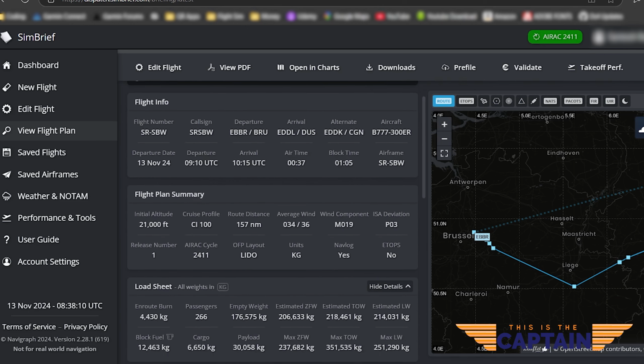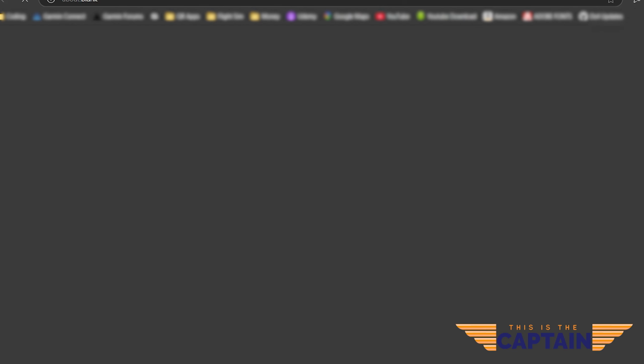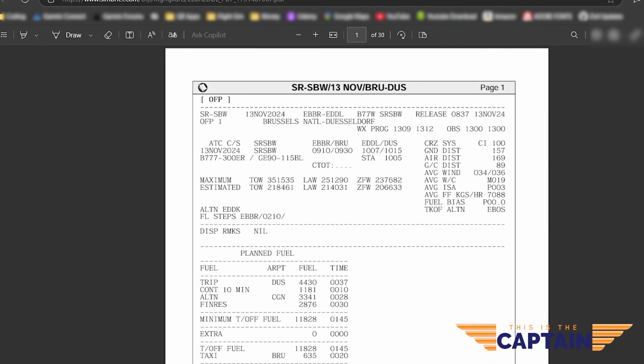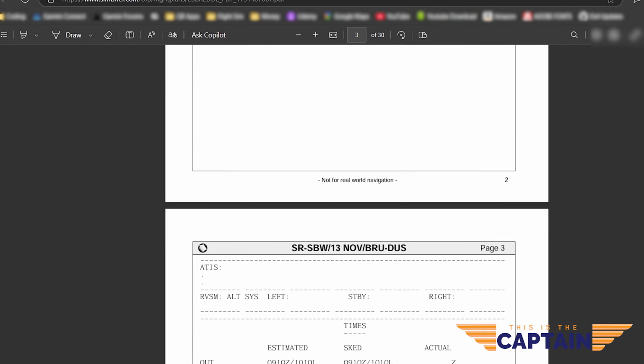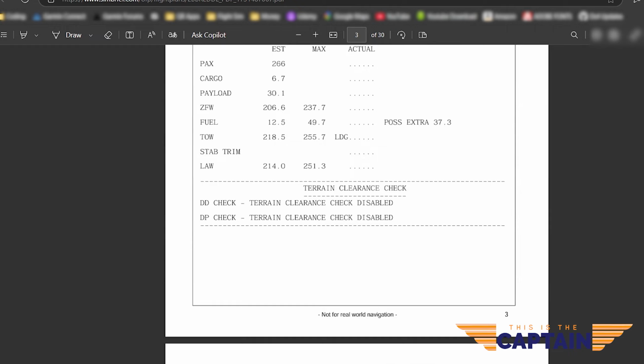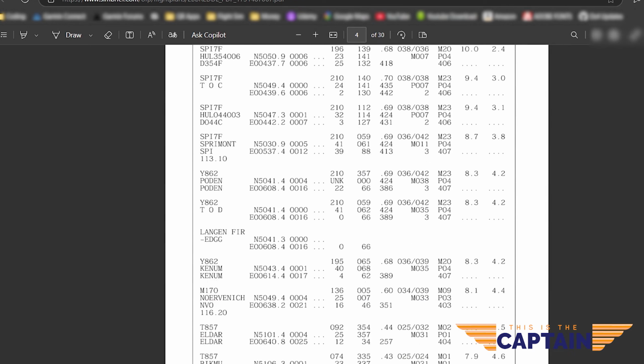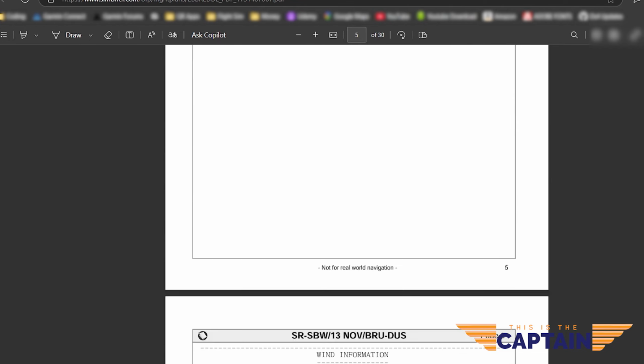Takeoff alternate is selected as well. Now I can view this flight plan. If you have worked in an airline, or if you have friends who have, then you would see that everybody before a flight has an OFP, which is an operational flight plan, and they have exactly similar kind of details with